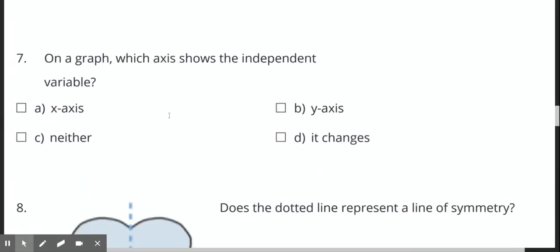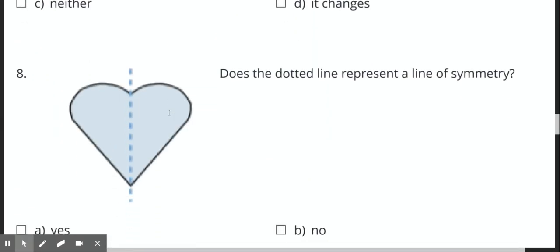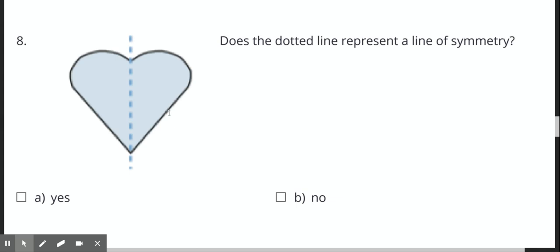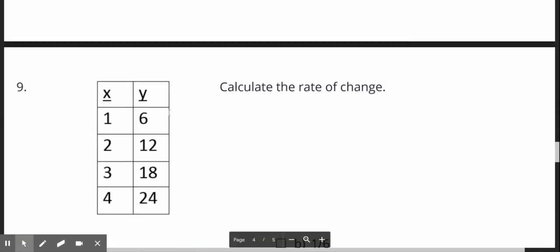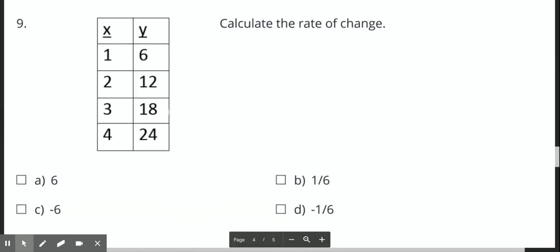Number 8. Does the dotted line represent a line of symmetry? Does the line divide the shape in half so that it's the same on both sides? Number 9,